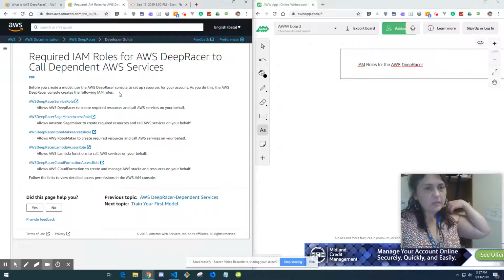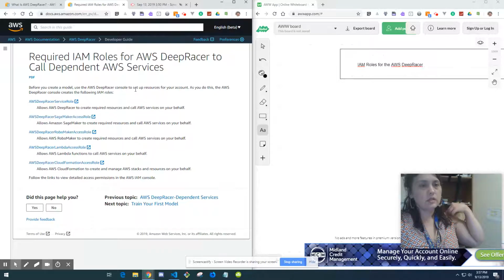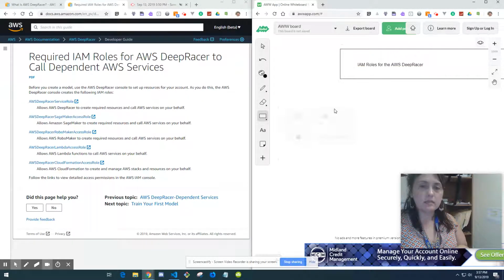The AWS DeepRacer console is set up to set up resources for your account. As we do this, the AWS DeepRacer console creates the following IAM roles. So here is the first role. It will create